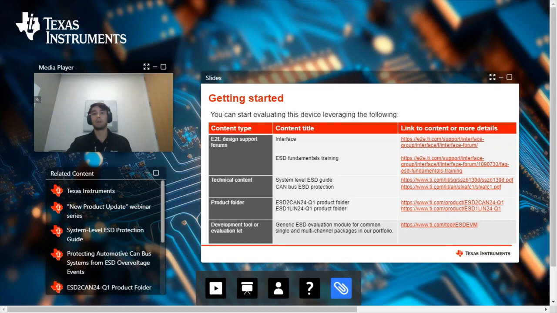And I wanted to address a question in the chat from Richard. He asked, using CAN on a 24-volt vehicle, we have seen voltages approaching 40 volts. If there are components that will work in this environment... Again, we're going to be coming out with an ESD CAN 48, which will address this use case. So if there are any more questions, I can go ahead and answer that now. We're at the end of the presentation.